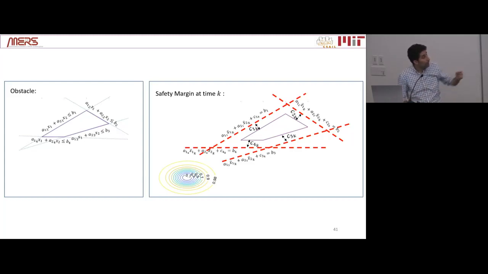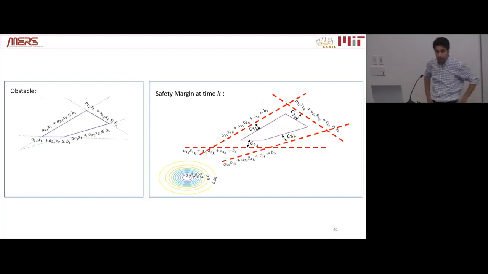So right now, if the expected value of the distribution, the center of these circles, stays out of this safety margin, the chance constraints are satisfied. So in chance-constrained trajectory optimization, the chance constraint at each time will introduce a new obstacle, and then everything becomes deterministic. We just need to make sure that the expected value stays outside this safety margin. That's simple. As the covariance of this distribution increases, safety margins will increase, and we are going to get a larger